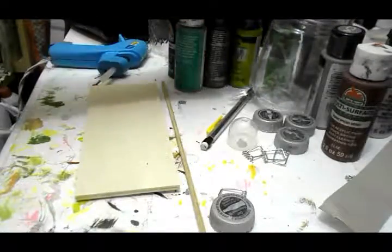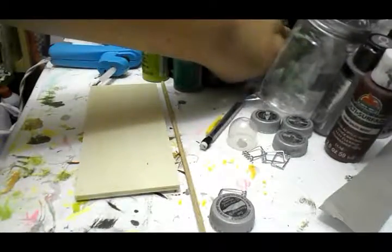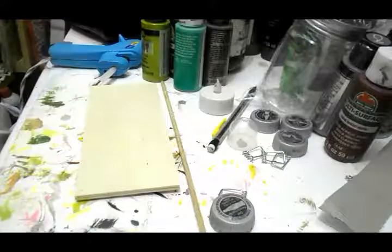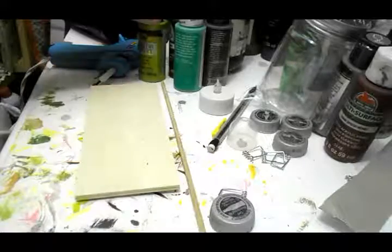And I'm going to be using, you know, I'm always using these little candle lights right here. These little battery lights, and we're going to go with that. So, I'm not sure how this is going to turn out, but we're going to try it anyway. You are going to need...